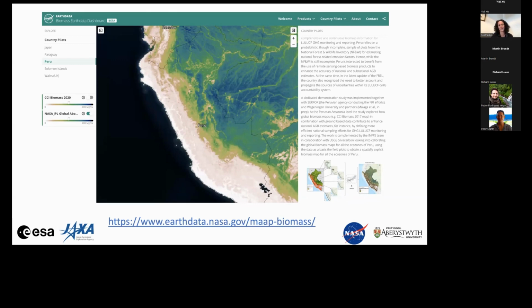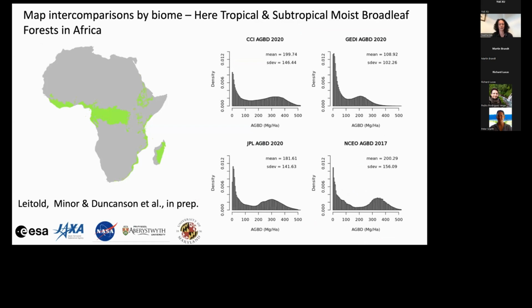So the next slides are just some initial results from work that's being done on the MAP platform. So this is work done by Veronika Leitold, David Minor, and Laura Duncanson, where we're looking at comparing the MAP products. So here you've got the